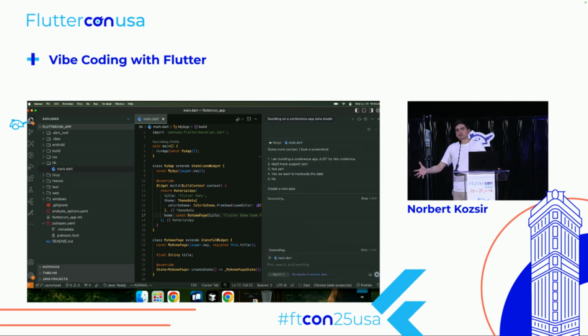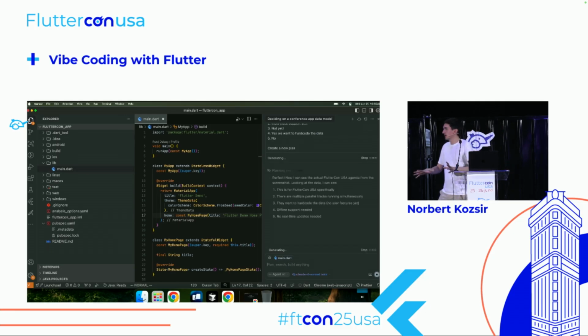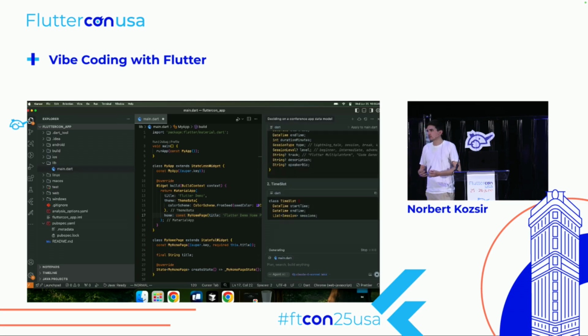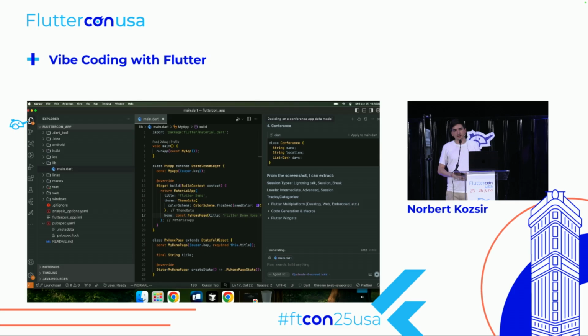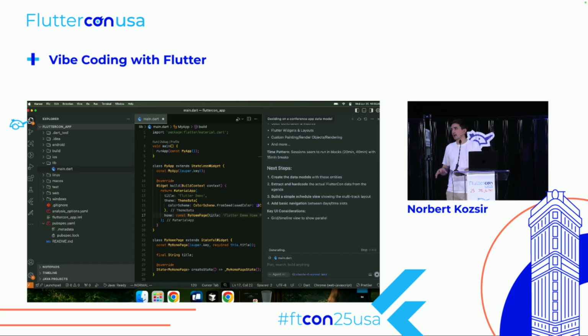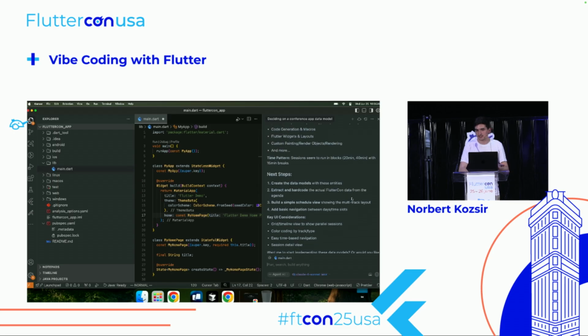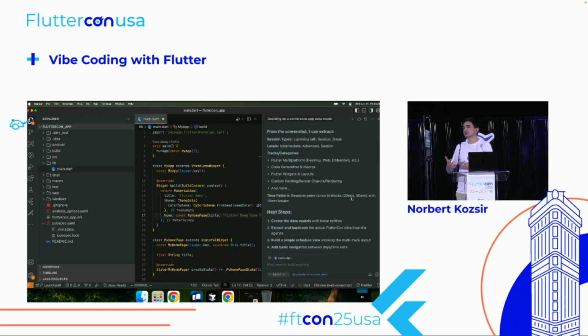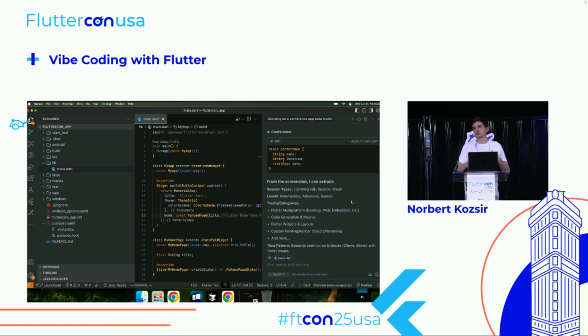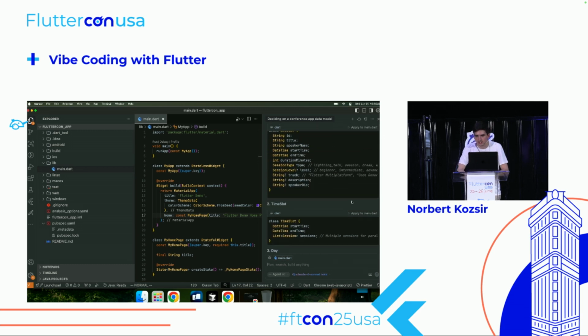Cool, so it asked us a bunch of questions and we continued. For anybody following along, feel free to be inspired by what I'm doing, and feel free to take your own spin and change stuff as needed. Right now, the first step that I want is just a data model of the conference entities, and later on we're going to talk about features more. This is just the very first step to get a rough idea of what's going on.